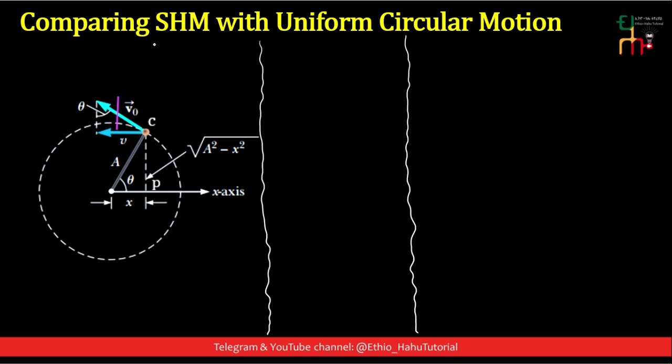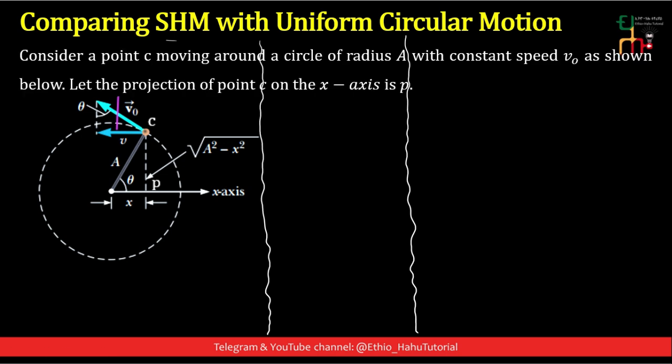To compare simple harmonic motion with that of uniform circular motion, let's consider a point C moving around a circle of radius A with constant speed v0, as shown below. The projection of point C on the x-axis is P. When this particle moves in a counterclockwise direction, the projection of point C on the x-axis moves back and forth